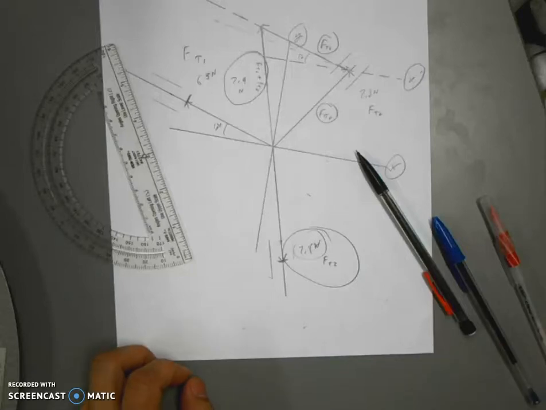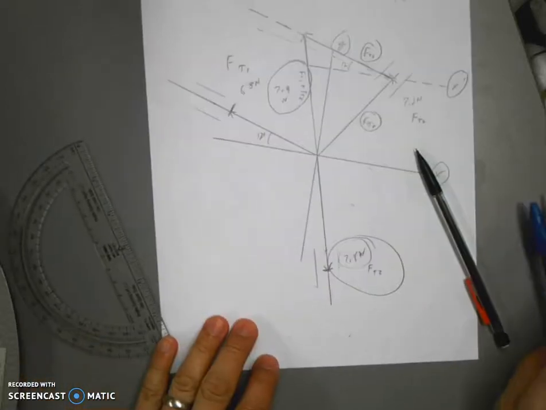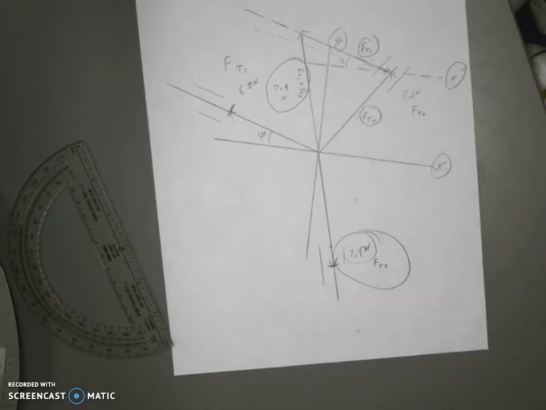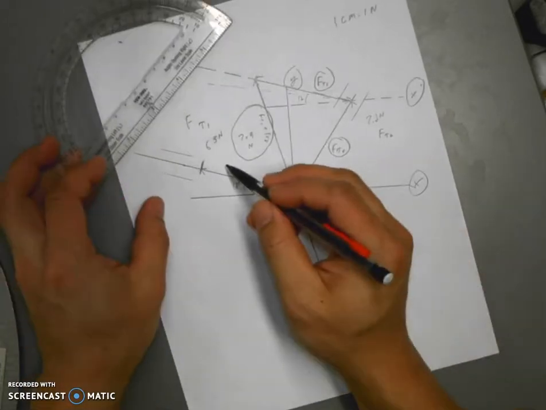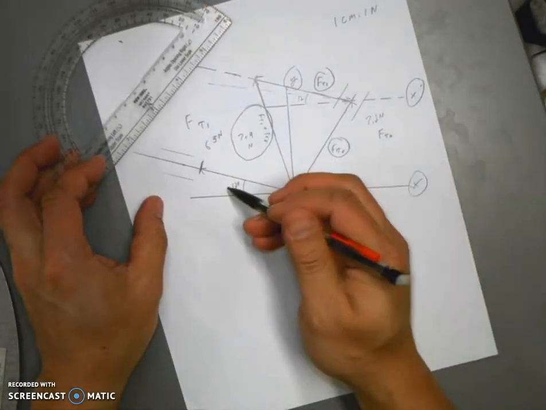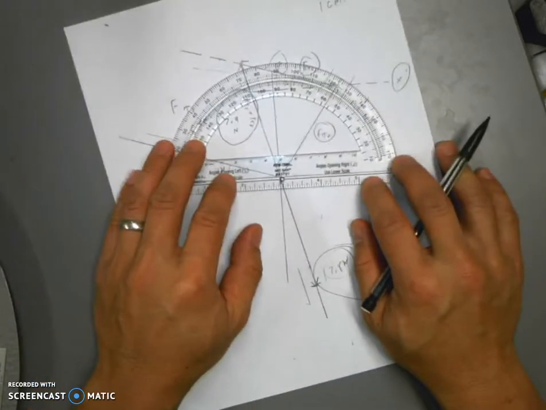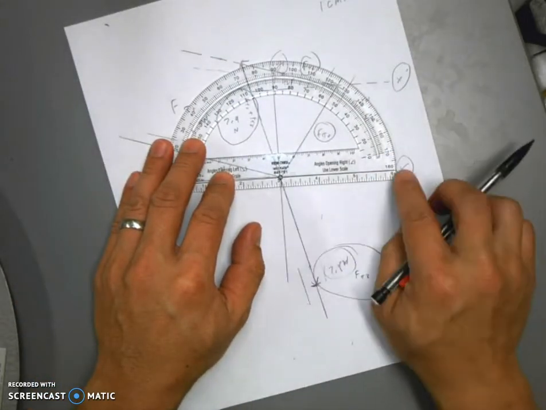Alright, part 2 of this lab doesn't require any scale. Previously you needed to be very careful about what your scale was and how you measured things. But for this one, all you need to do is measure the angles. Since FT1 is 12 degrees above the x-axis, and FT2 is, find the hole in the center, line up your